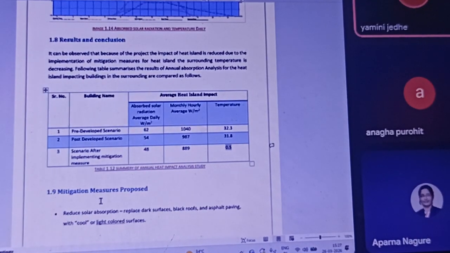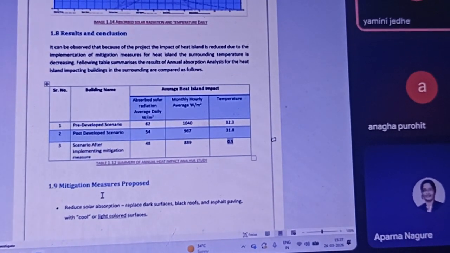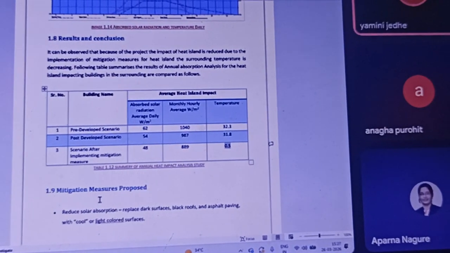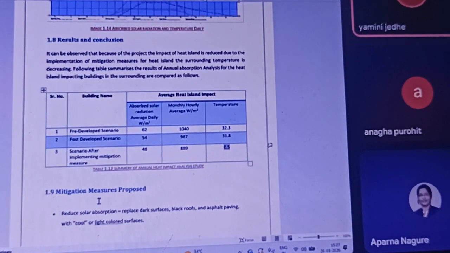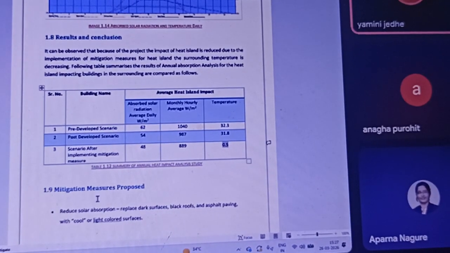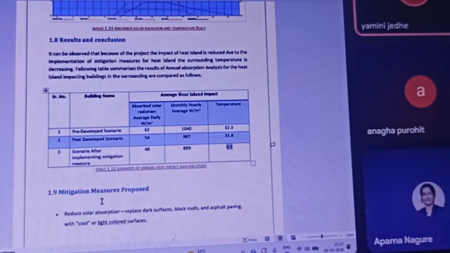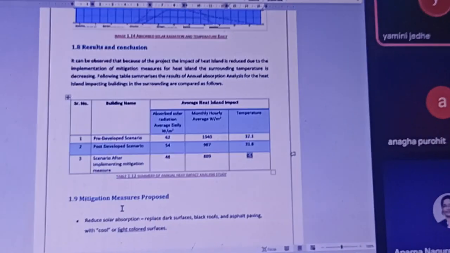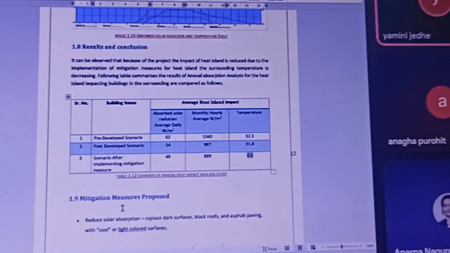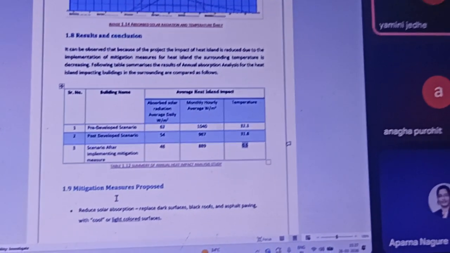But when we develop that particular vacant land, and we create a good amount of landscape on the roofs, on the terraces, on the balconies, on the ground also, Mother Earth also, that itself reduces the heat island impact. Further to that, we also add rainwater harvesting measures, stormwater measures, then the low albedo paints we can use. We can also use the China mosaics on the terraces.